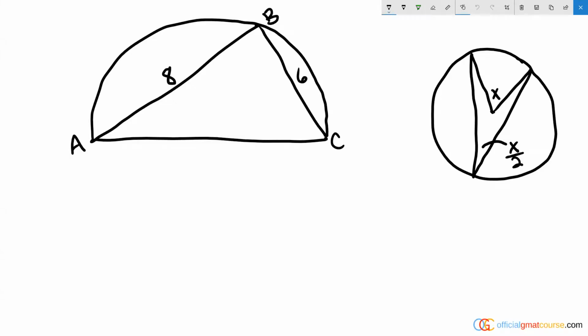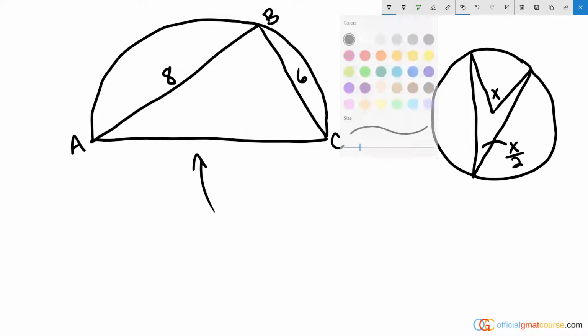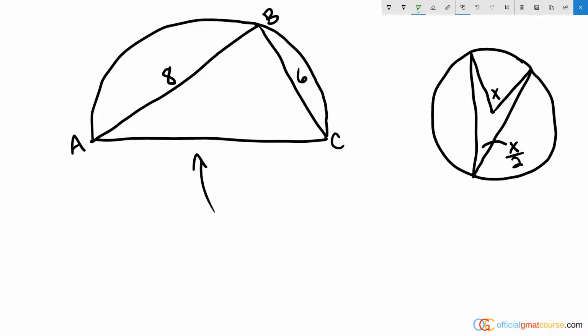Right, so we have the figure up here, and we are being asked to solve for the arc of ABC. And that arc, what that looks like is this region right here. Since we have a semicircle, we have half of a circle. And that means that this green area, this green perimeter, is going to equal half of the circumference of a